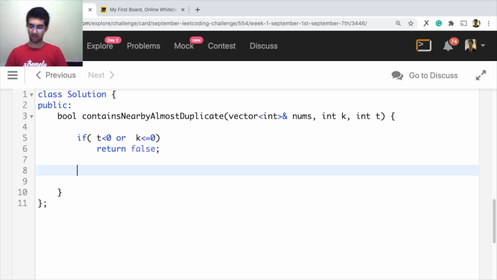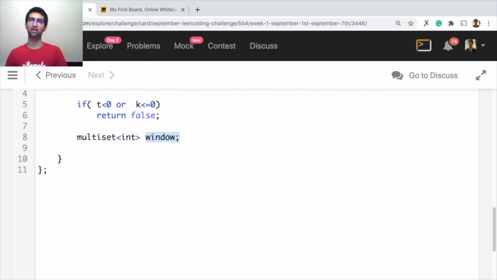Now I'll make my multiset. The values are not distinct. Multiset of integers, and I'll call this the window. All the k previous elements will be in this window at all times, at any position that you are.